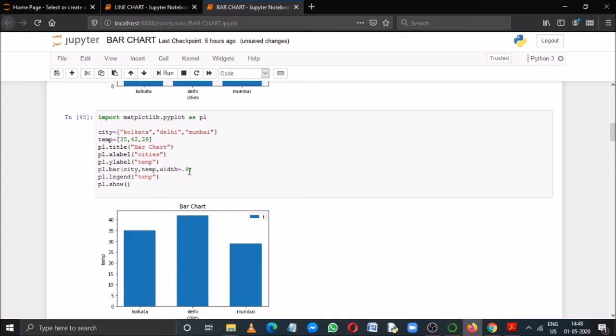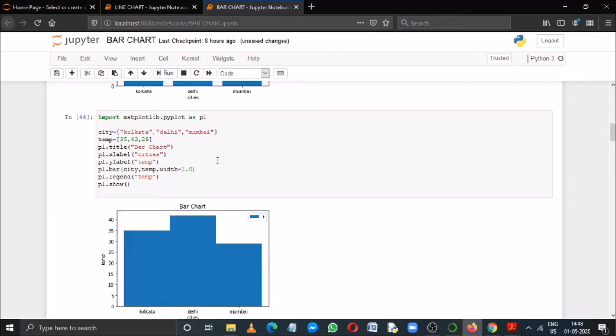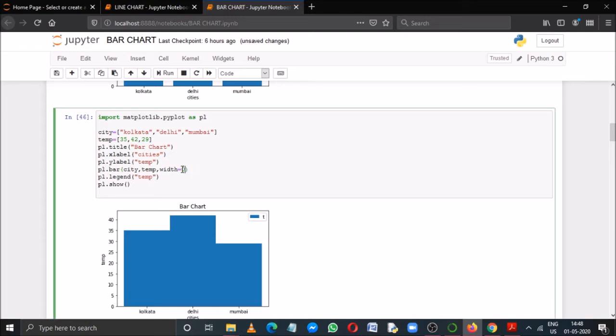If you just try to write here 1.0 and then run it and see, then this will become a histogram in nature. That means all the bars will be combined together, there will be no gap. So that's the maximum value. So again I'm changing it. Suppose I'm writing 0.8.